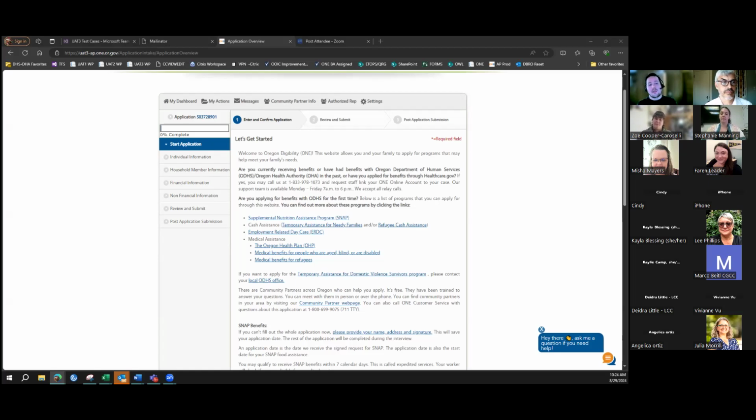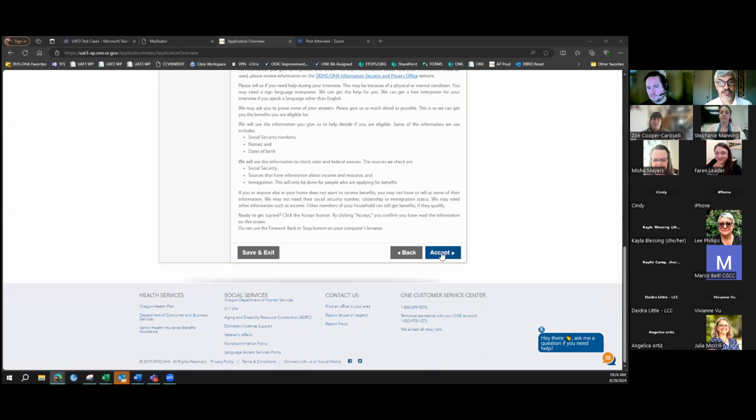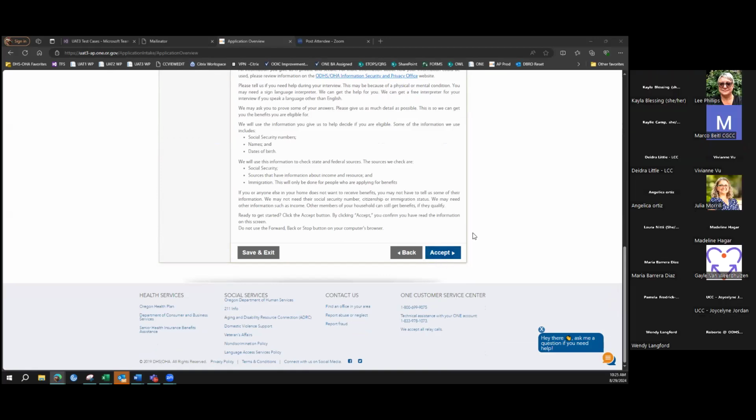And it would create a new case for them after a certain amount of time. But that information, in terms of linking to an existing individual in our system, should still be there. Gail, does that answer your question? Yes, thank you. Great.